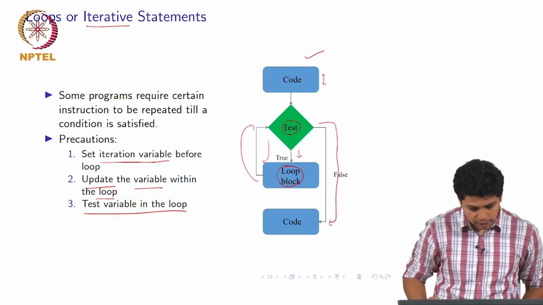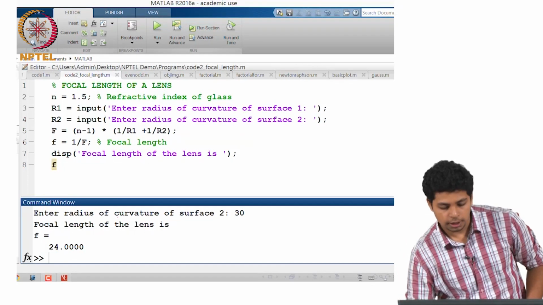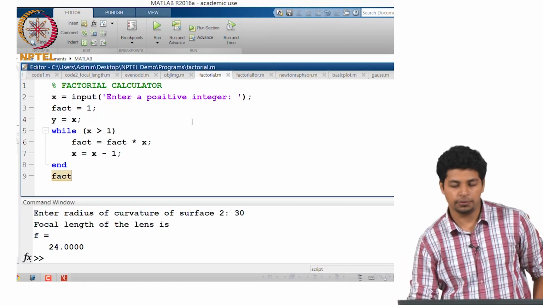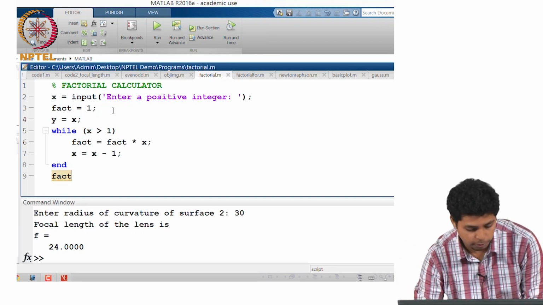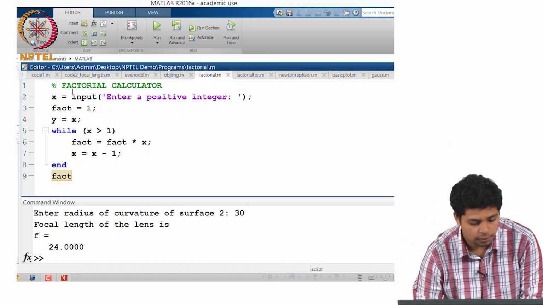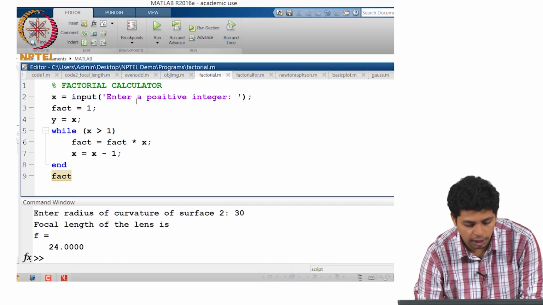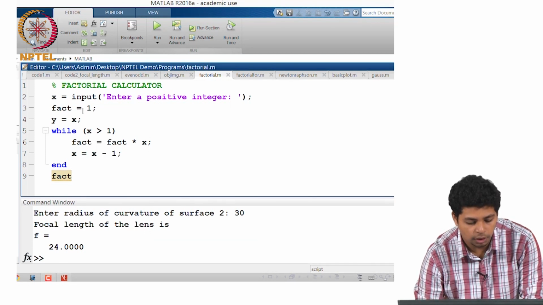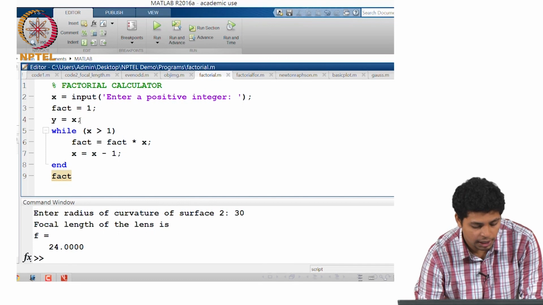Okay, I would like to discuss an example here. Say we want to calculate the factorial of a number. I have written a brief program here. If we look at the editor, we ask for input x and we ask to put a positive integer here. Then I set a variable factorial equal to 1. This will be the variable where I will calculate the factorial, and then I use another variable y equal to x.